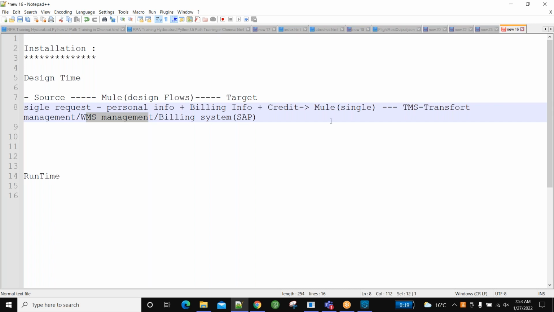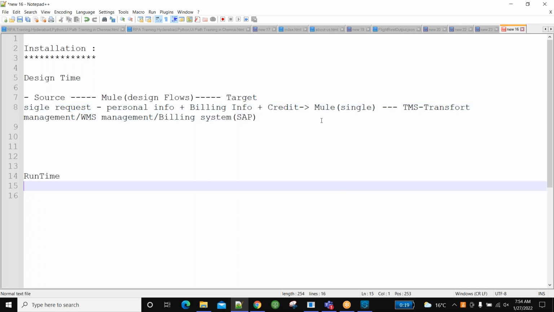Whatever single request we get, in that single request there is billing information and credit card information, which we have to send to the SAP system. The SAP system does not require our address or item. It requires only our account number or credit card number, or how much amount it has to deduct. Only that information we have to give. Do you agree? Yeah, I think so.